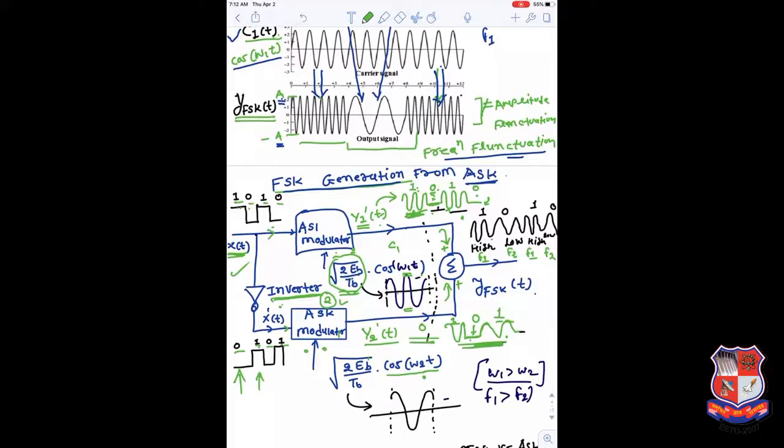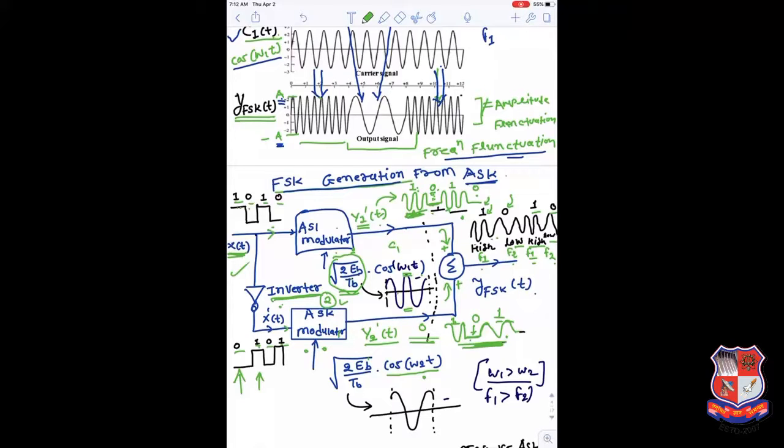If you are adding here, we can see whenever there is a 1, it goes with carrier signal 1. Whenever there is a 0, it goes with carrier signal 2, which is of lower frequency. Then again 1, which is of higher frequency, goes with carrier signal F1. Then 0 goes with the carrier signal of F2 frequency. So F1, F2, F1, F2 will be alternately changed. So this is one kind of FSK modulator, which can be produced with two different ASK signals.